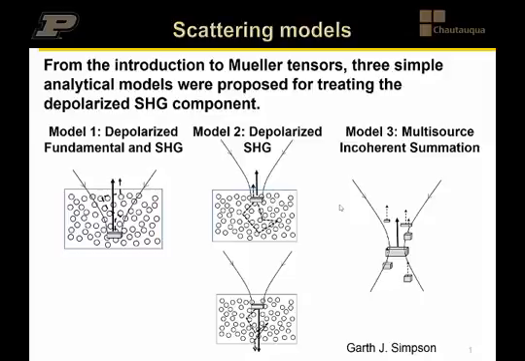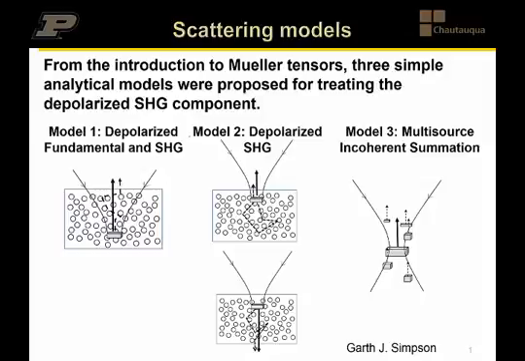So in the previous discussion, we had a fully model-free inversion approach based on measurements of the Stokes vector for the double the frequency, and then pooling those measurements to invert and recover the local frame Mueller tensor. What we're going to do now is explore some additional simplifications that can arise by considering explicit models for the